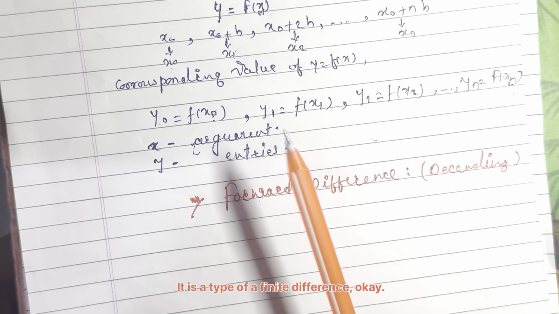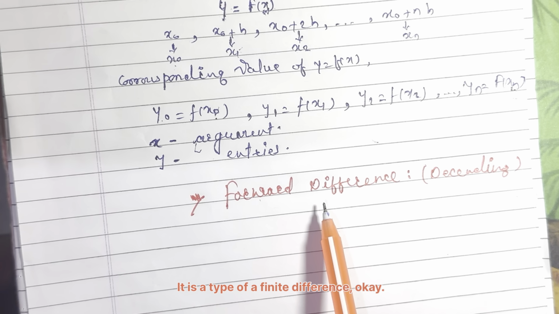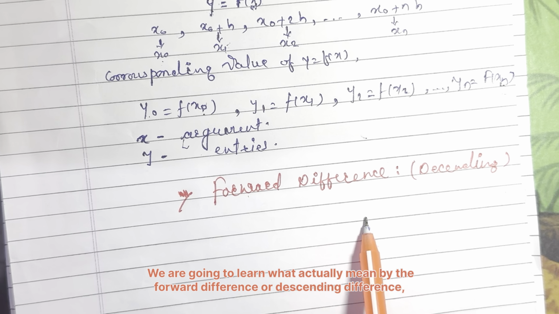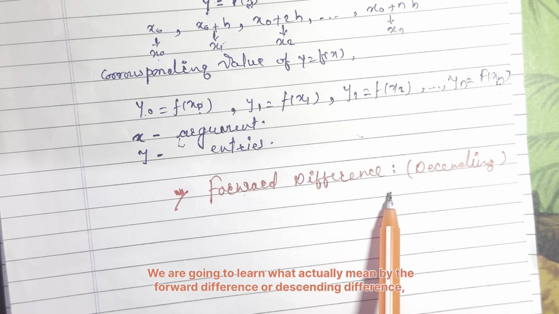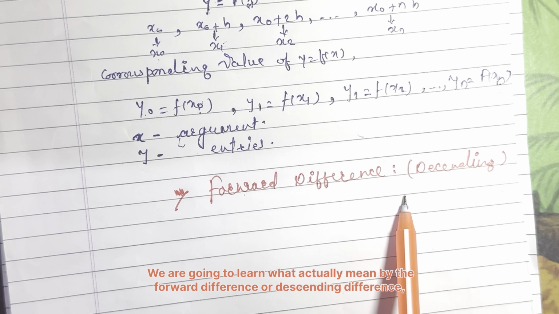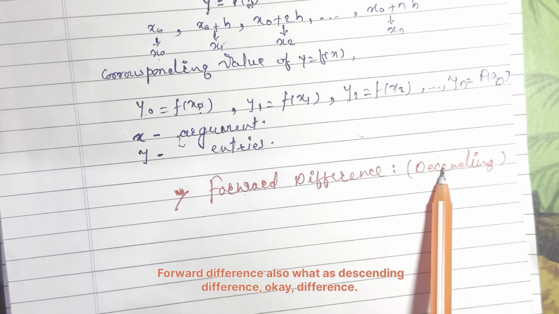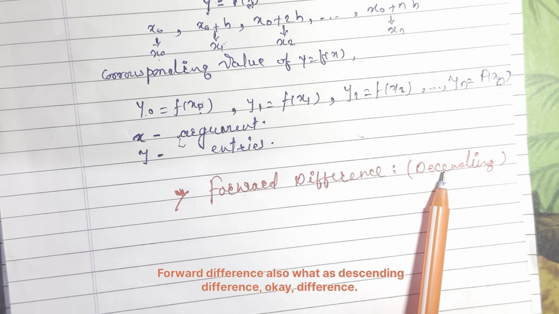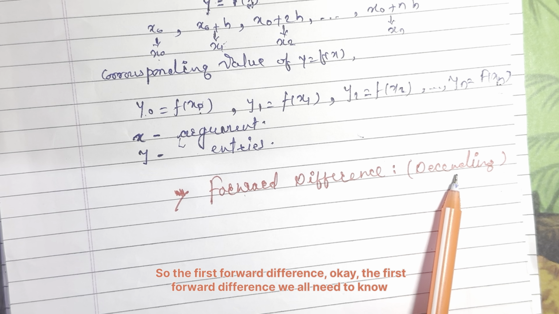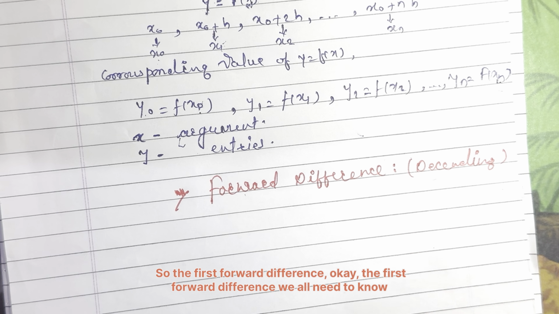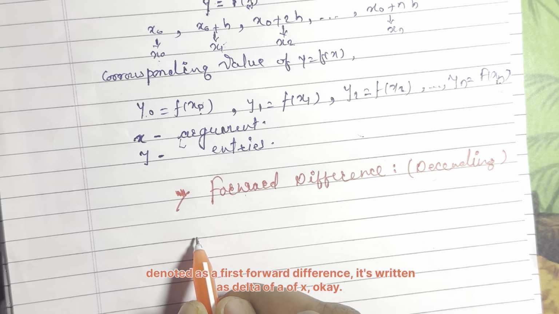It is a type of finite difference. We are going to learn what is actually meant by the forward difference, or descending difference. Forward difference is also called the descending difference. So the first forward difference, we all need to know, it is denoted as